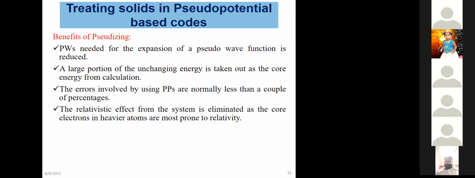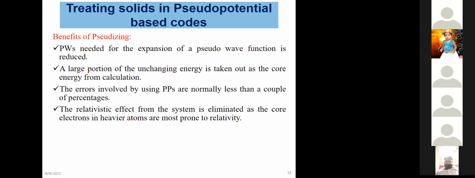So what are the benefits? As I mentioned, we can write our pseudo potential wave function as a plane wave, and plane waves are the simplest form of wave function. It will be less expensive in computation, and the errors are also less, because in all electron methods you have the core electrons contributing to the properties, and for the core electrons the potential and wave function are oscillating, and if we do not approximate that when solving the quantum equation, that will give us error,